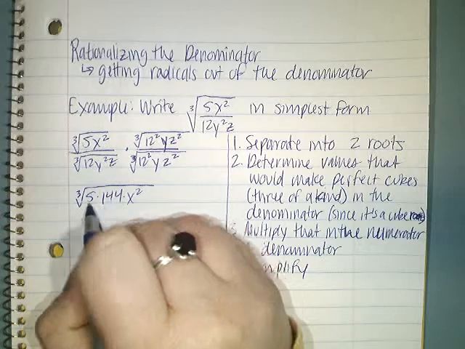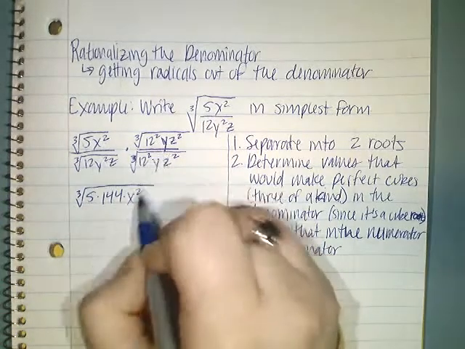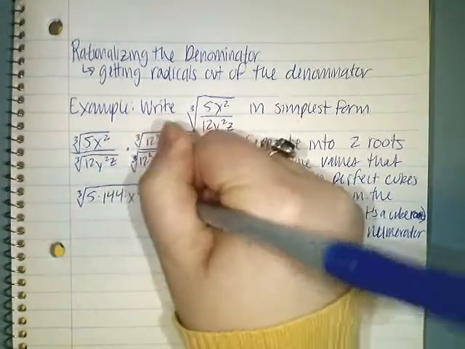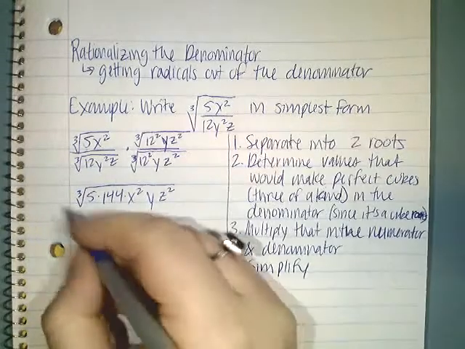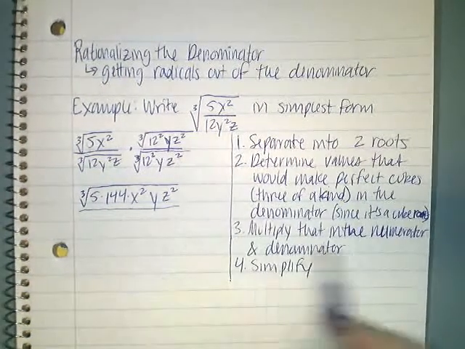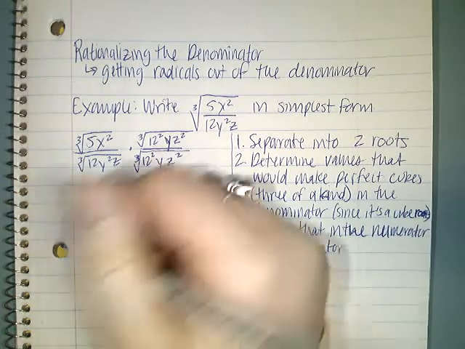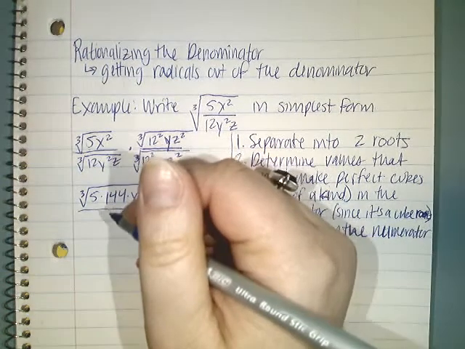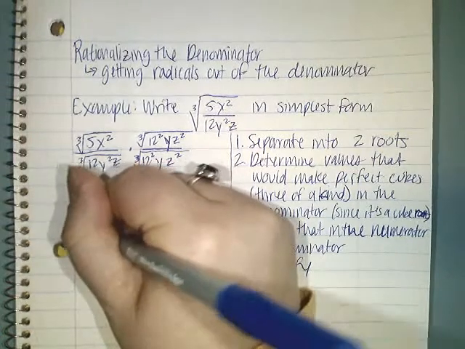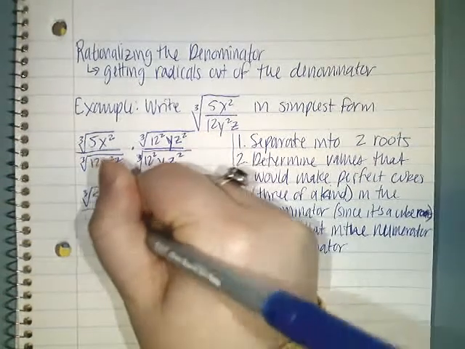So I did 5 times 12 squared, 5 times 144, x squared, there's no other x's, y, z squared. So that's my new numerator, and now I'm multiplying these. I'm on step 3 if you're trying to follow along. And in the denominator, just so you're clear on what happened, I now have the cube root of 12 cubed,